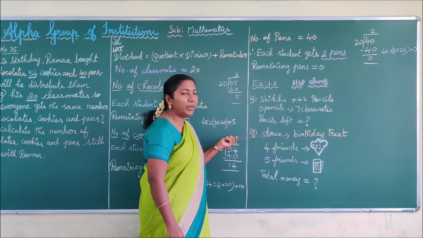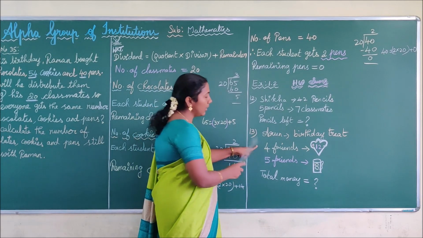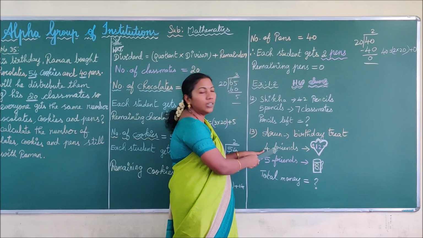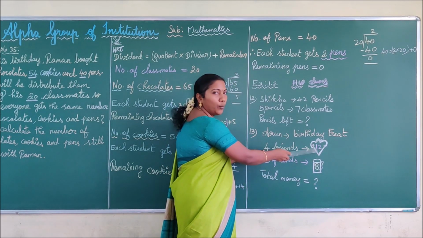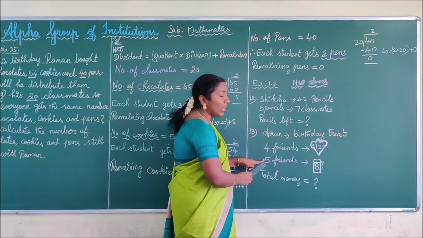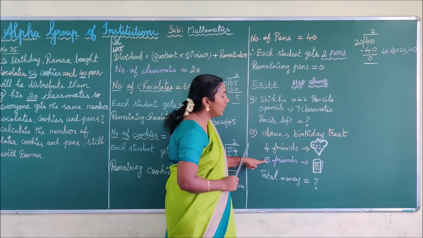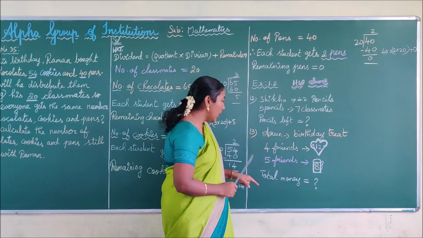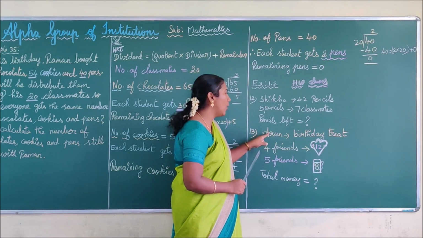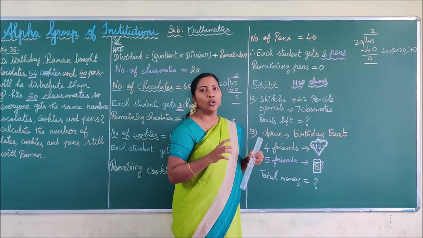Arun is also celebrating his birthday. He gave a treat to his friends. Among his friends, 4 friends ordered ice cream, and the cost of each ice cream is 12 rupees. And among his friends, 5 friends chose juice to drink. Okay. And the cost of each juice is 8 rupees. What is the question? How much total money did Arun spend for his birthday treat? That is, we have to find the total bill amount.